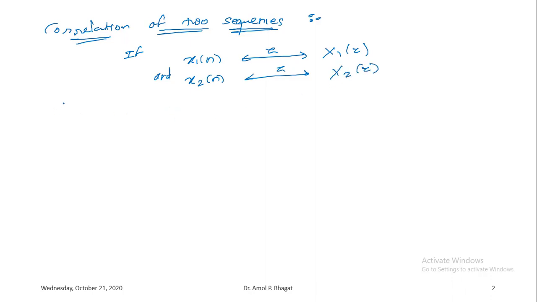Okay, so then the correlation of these two sequences, that is x1 of n and x2 of n, we know